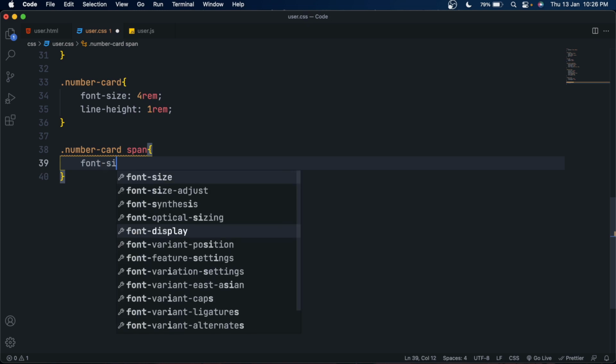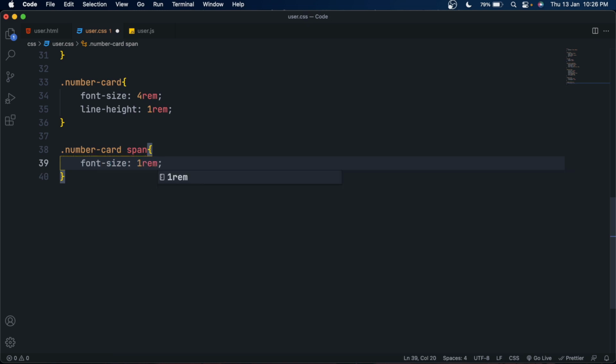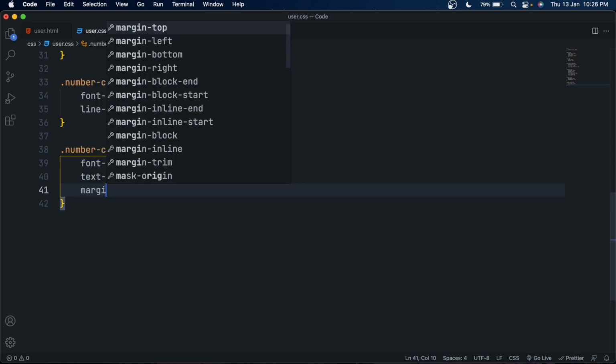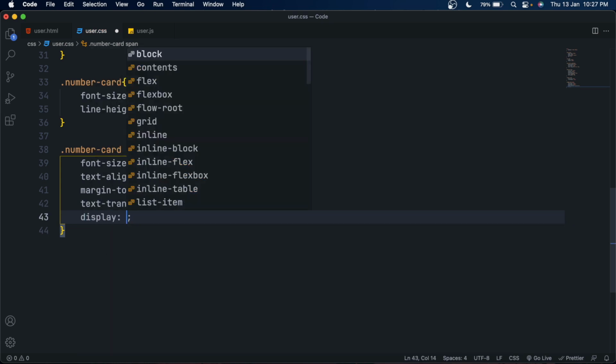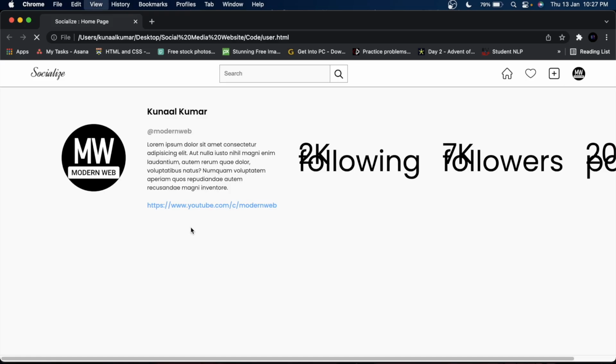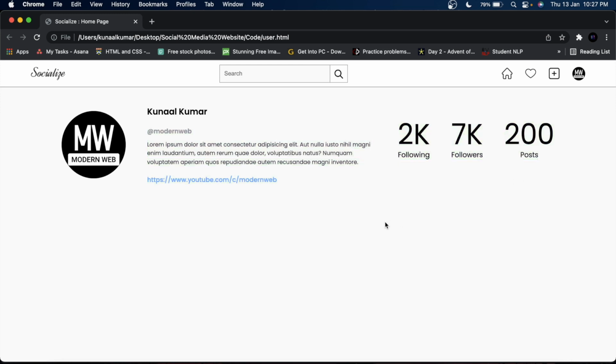So select the span element and set its font size to 1 rem. Also set its text align to center to make the text in the center, and give it some margin top, let's say 30 pixels. Give it text transform capitalize to make the first letter capital, and set its display to block. Great.